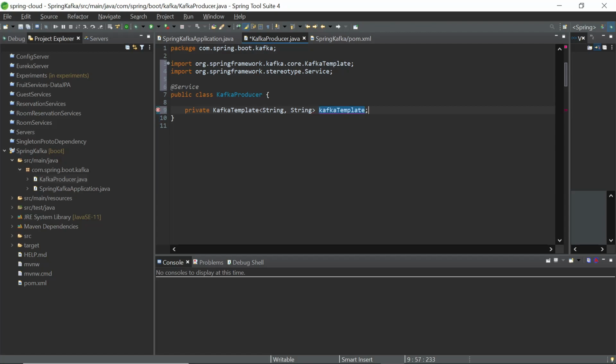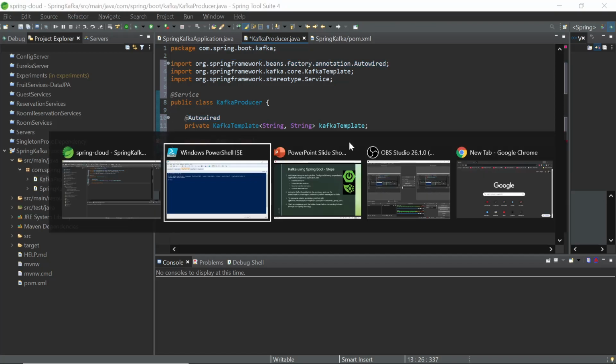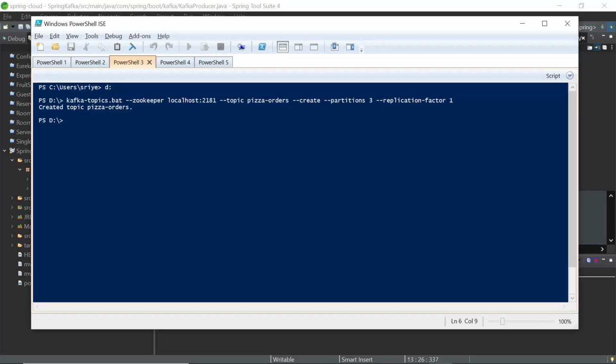Don't worry guys if we are not able to follow all these terms right away. So let's get this working, and we will have some deep dive sessions into different aspects of Kafka later, where all of this will start making more sense. Okay, now of course we will need to autowire this first. Let me autowire it. Okay, so we will have the Kafka template. We'll also need the topic that we are going to produce to, right? So that topic would be what we have just created here. This is our topic name, pizza orders.